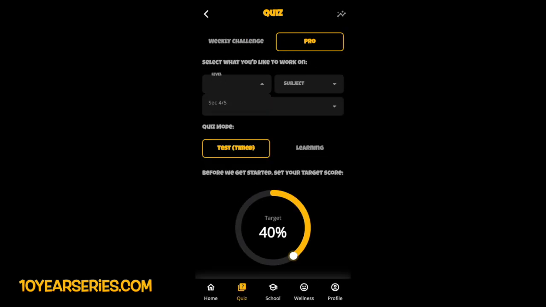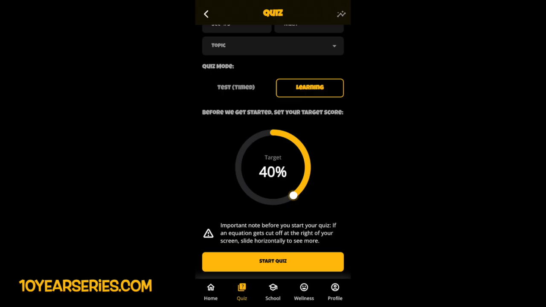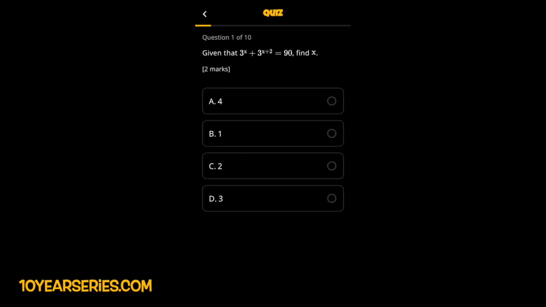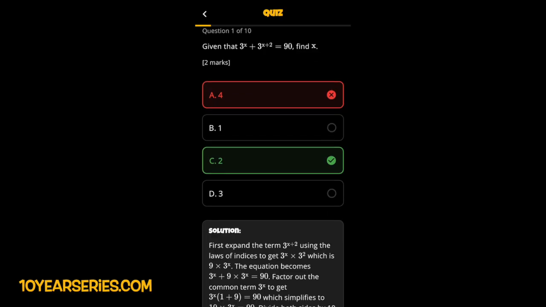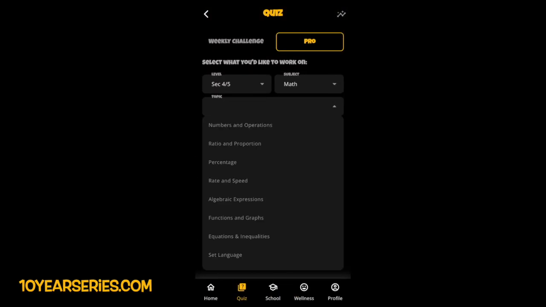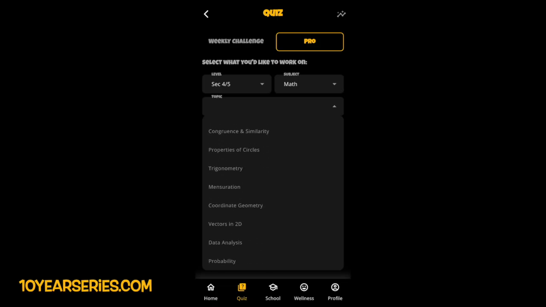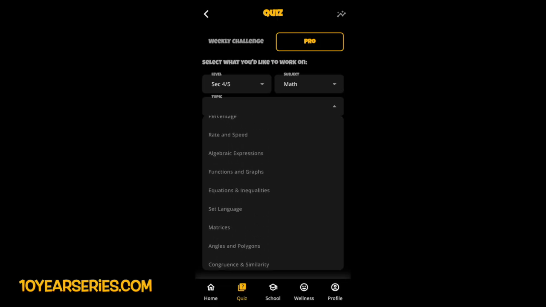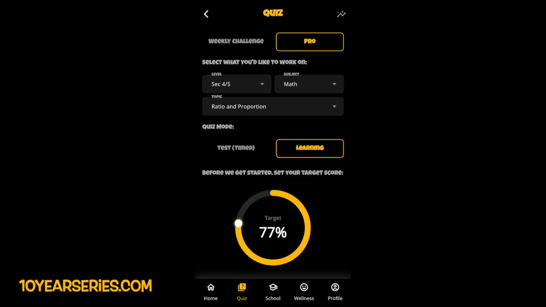Your paid tier basically comes in two functions. One is called learning mode. Learning mode means you really select all the chapters that appear and then you sit the quiz one by one. Take your own time, own target, you carry on. Find out why you're weak at all these little things. Maybe you're weak in algebra. Maybe you're weak in numbers and percentages. Maybe you're weak in ratio. I myself was weak at ratio.